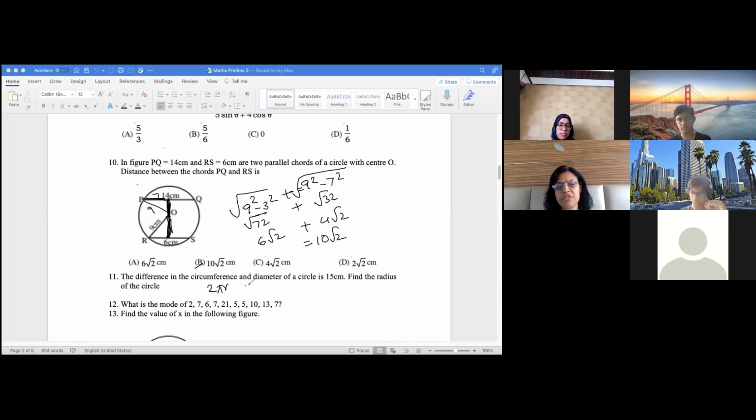2 pi r. And what is diameter? 2r. दोनों का difference निकालना है, नहीं given है is 15 and you have to find radius, so simple है, 2r common निकालना. So 2r (pi minus 1) हो गया is equal to 15, r की वैल्यू चाहिए, r is equal to, okay,